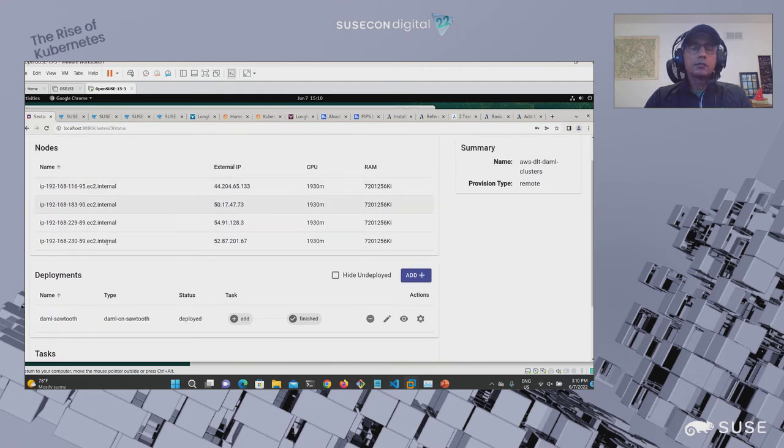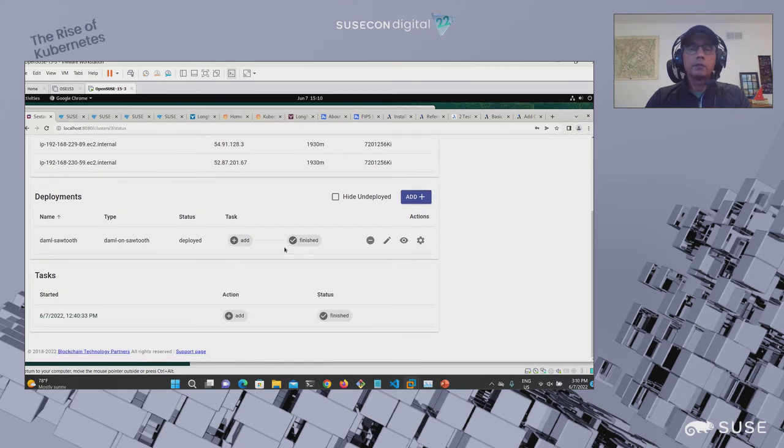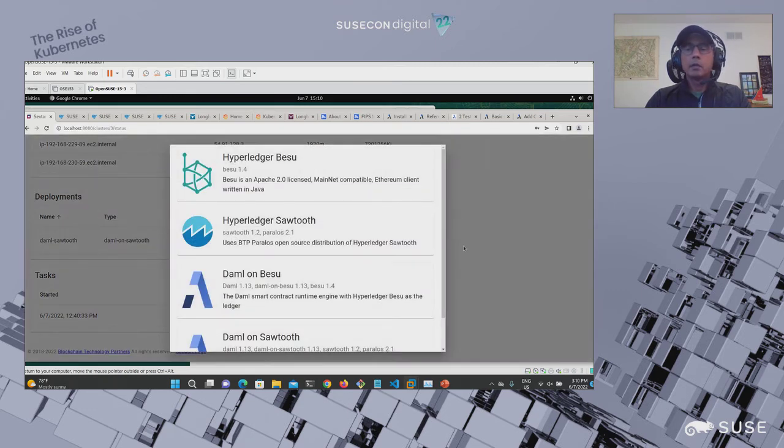So as you can see, there are 4 nodes. They are running with very specific endpoints. And these nodes are what is forming the Hyperledger network. And on top of this, now you can start deploying a very specific Hyperledger implementation.